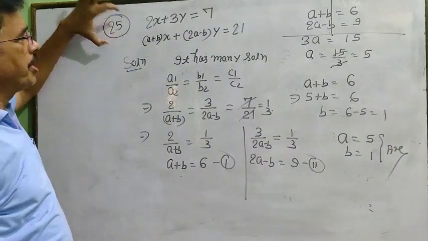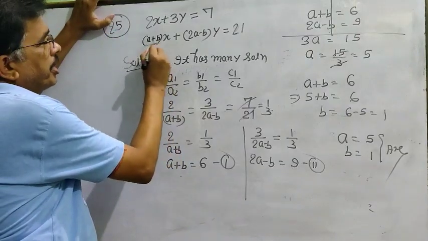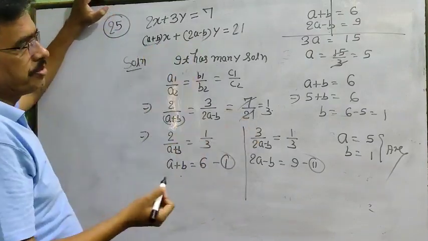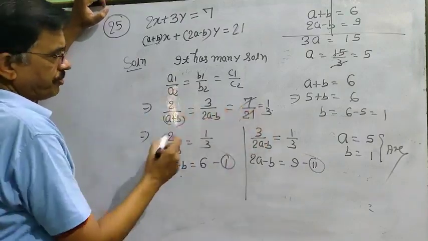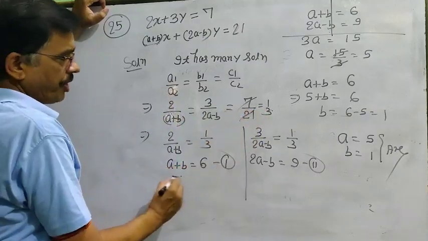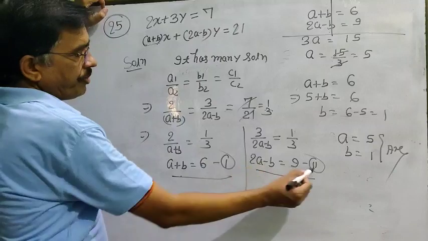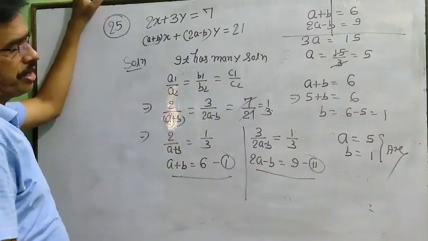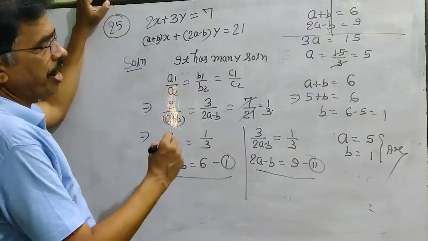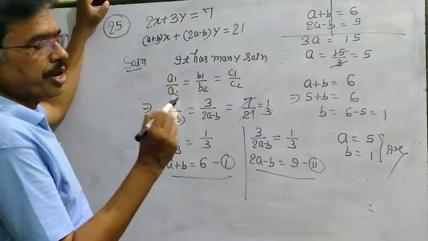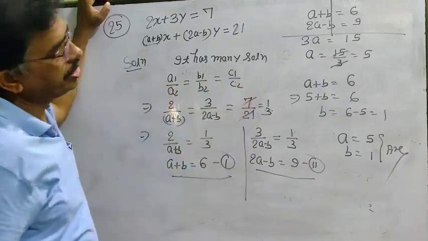If the condition is given that it has infinitely many solutions, dear student, you find out here that it has a and b, that means two variable terms. So we take only two cases, first and third, and second and third. By first and third, one equation is there, and by second and third, one equation is here. And from these two equations, by the elimination method, we solve and find the value of a and b. So if you have two variable terms, you only solve by two cases, first and third, and second and third, then you get it.